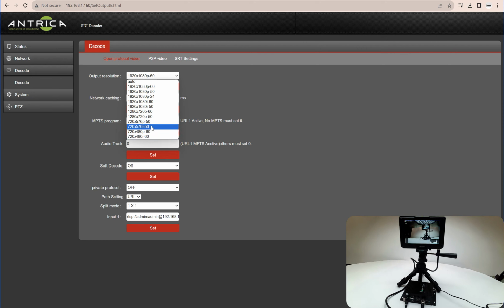And in these cases, at the lower ends and indeed in the mid-range, you have interlaced or progressive. We would always recommend progressive because you're decoding a progressive signal, and you would ideally wish to display it as a progressive signal. Otherwise you're going to get all sorts of other artifacts or issues happening with the conversion from